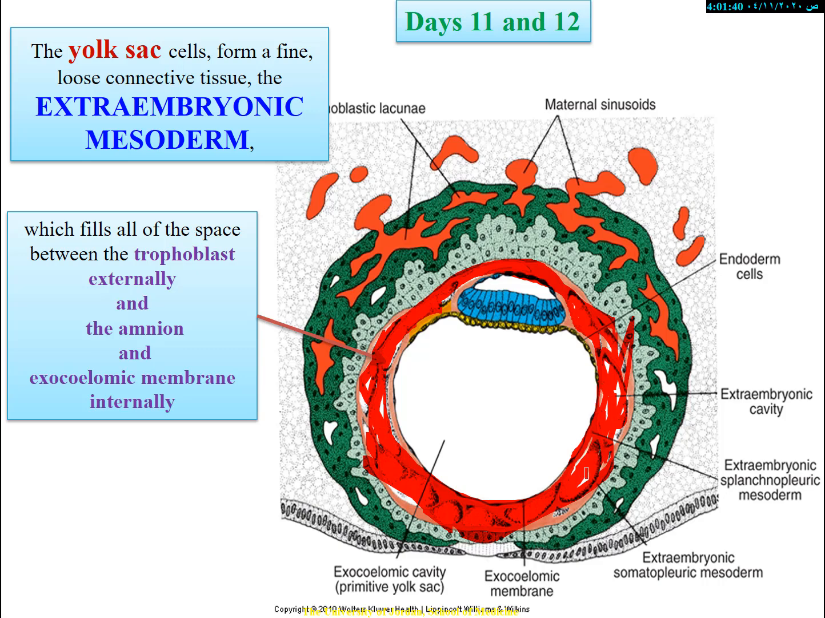And this extraembryonic mesoderm fills all the spaces between the trophoblast externally and the amnion, the exocoelomic membrane. So as you can see, it reaches everywhere. It fills this space everywhere. So now all of a sudden,